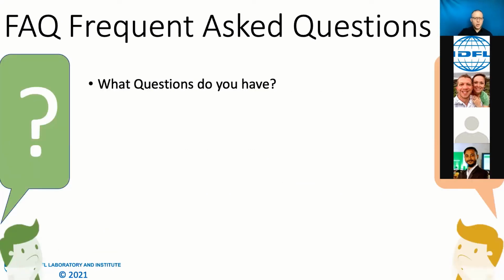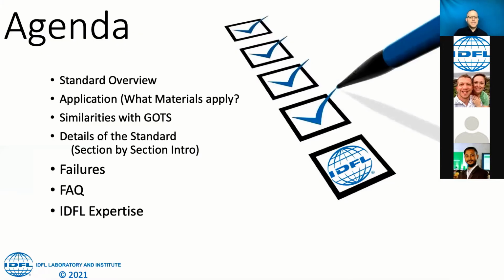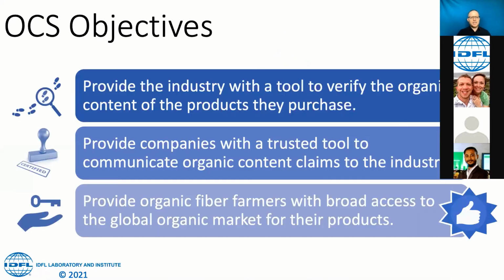Wanted to jump into the OCS standard, and we'll just go through this, same thing as we've done with most of the other standards here. It's basically the overview, section by section, and then some questions and answers at the end. The overall objectives of the OCS are basically to provide the industry with a tool similar to all the other standards, provide the companies with a trusted tool to communicate the claims, and then the third one, this is very unique to the OCS standard, is to provide organic fiber